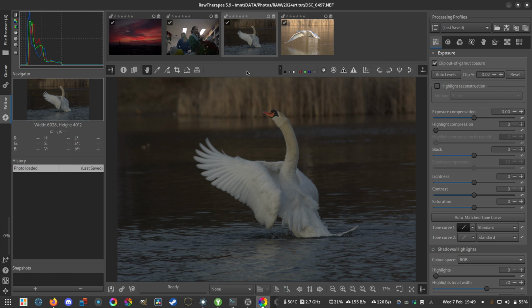Before getting into the processing part, let's yet again take a look across the interface, and then we have to